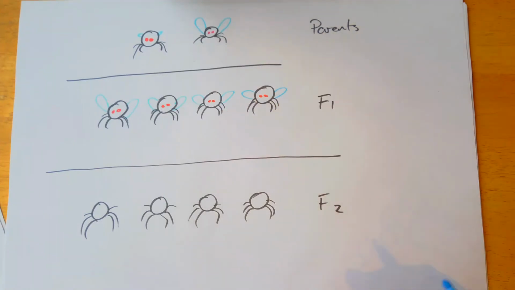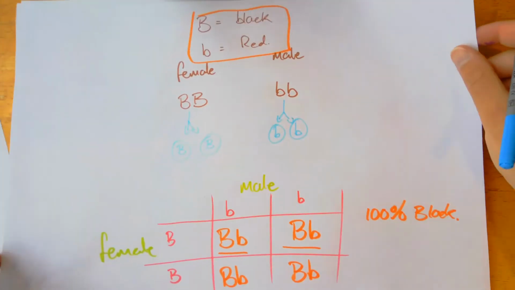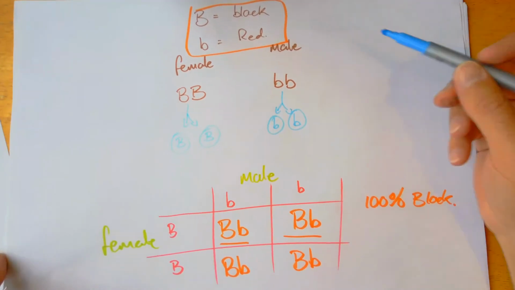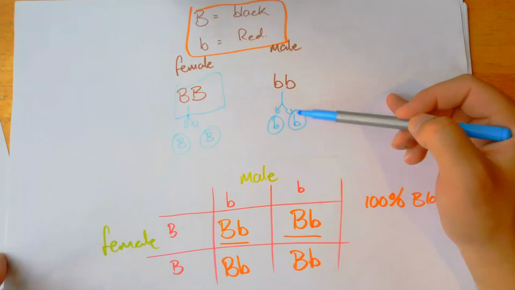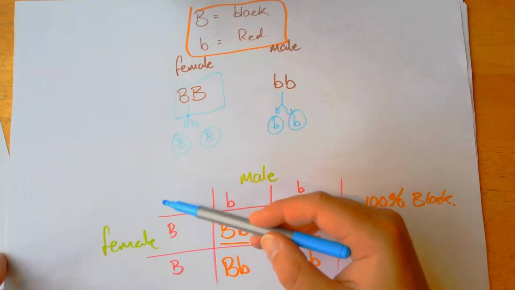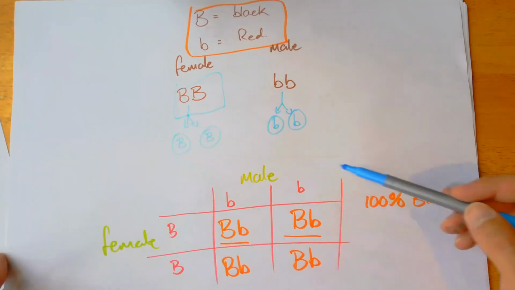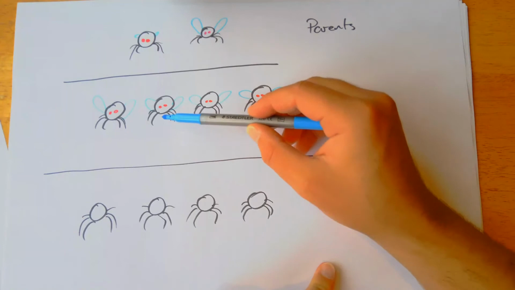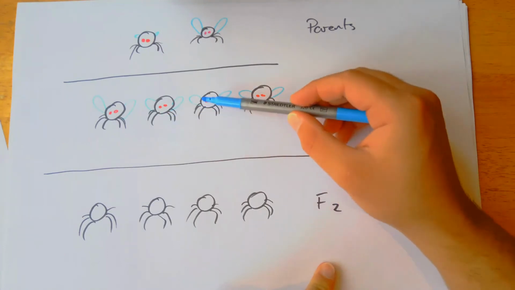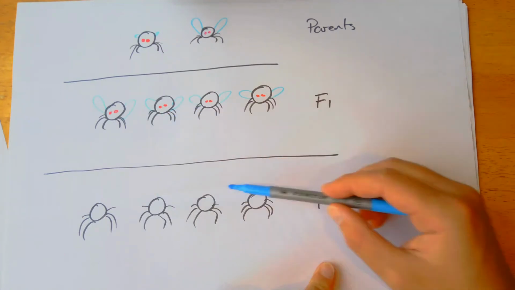Now if we think back to that question we were looking at, our pure breeding black-haired dog and red-haired dog, we've got the same kind of situation here. We've got a dominant allele and a recessive allele, and when we mix the pure breeding types, the dominant allele is shown. What happens next though is when we interbreed or intercross two of these, then we get a mix in our F2 generation,